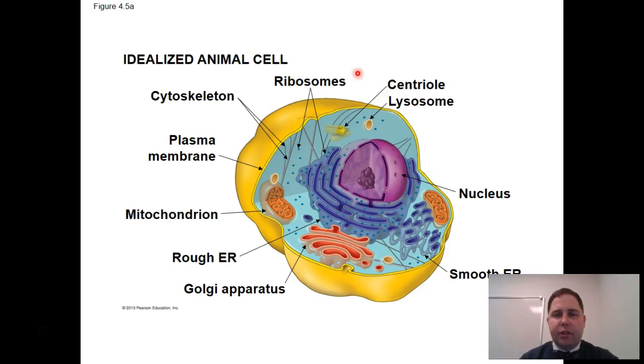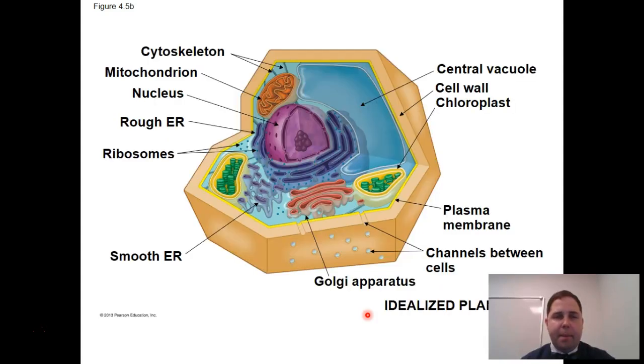The centrioles and the cytoskeleton are part of the skeleton of the cell. So these are going to provide support and help hold things together. We have our ribosomes again to make proteins, and we have a lysosome, which is going to help the cell digest stuff that it doesn't need. So you can see already the animal cell is much more complicated than that prokaryotic cell we looked at a minute ago. Everything is ordered, it's in its place, and it gets some benefit by having things in the appropriate places and knowing where they are.